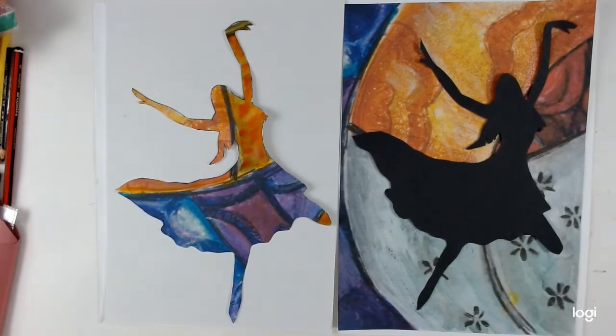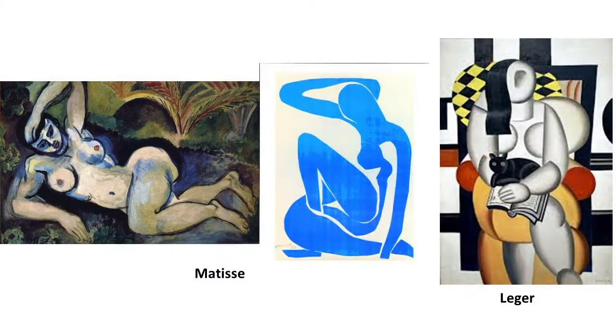exaggerating curves and angles. These images by Matisse and Leger show the principle of exaggerating curves and angles in order to create a more pleasing, perhaps more abstract composition. And you can just exaggerate curves or just exaggerate angles. It's up to you. On this example I'm going to exaggerate both and end up with something which is looking